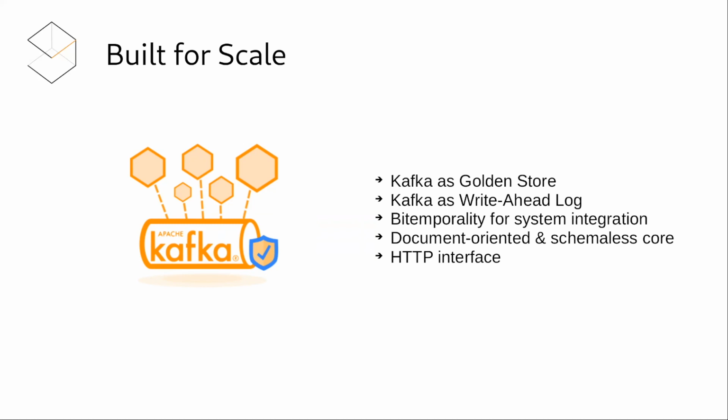And that is really important for things like being document oriented. If you have this huge scalable database like on John's slide, where you have messages coming from all over the world, you can't guarantee the schema. You don't really want to enforce the schema on that. And that's, again, why Crux is built in a schemaless model, because it's all about scale and maybe the scalability of the teams and the systems connecting into Crux. And of course, we have the HTTP interface, which makes it scalable in other ways in terms of cacheability.